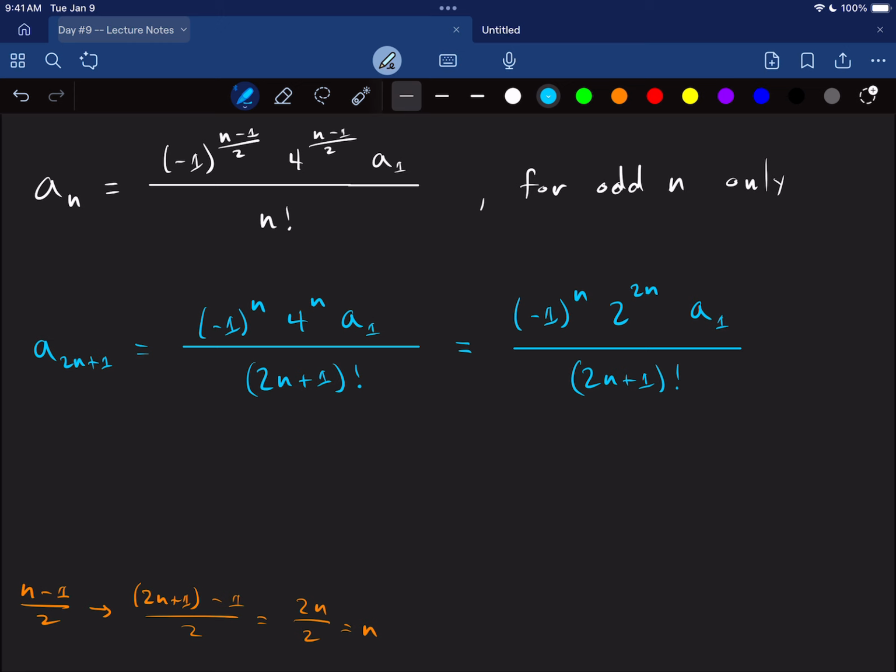I notice that that 2n does not match this 2n plus 1. So I want to make this a 2n plus 1. So what I'm going to do is multiply this equation by a 2 and divide it by a 2. But here's what's going to happen: that 2 is going to go in there to give me,